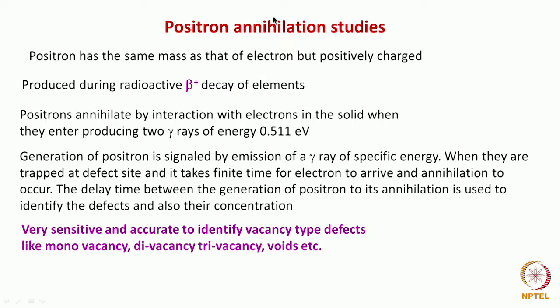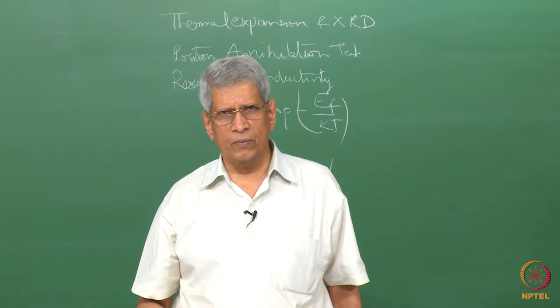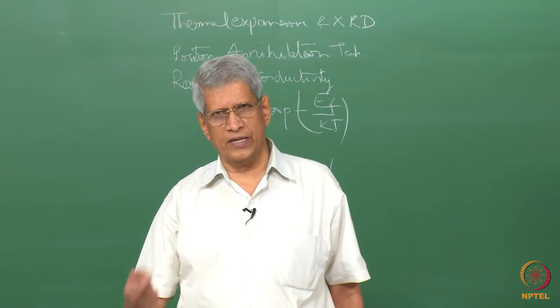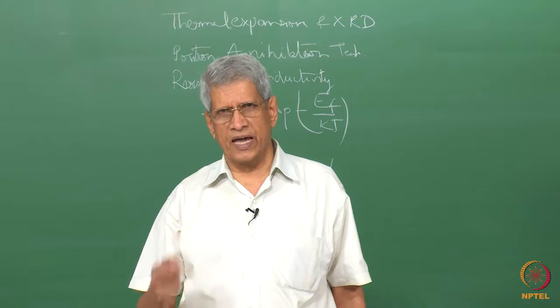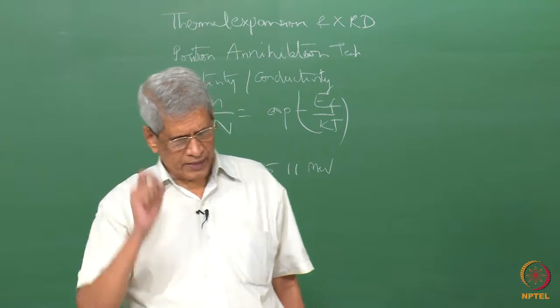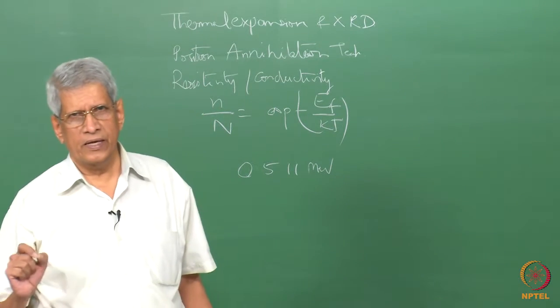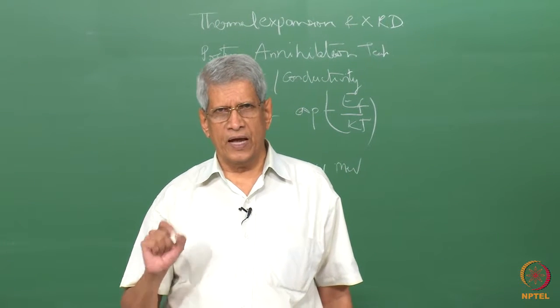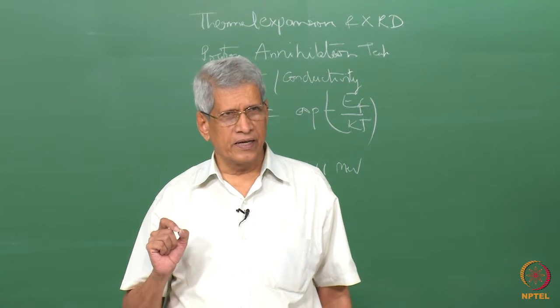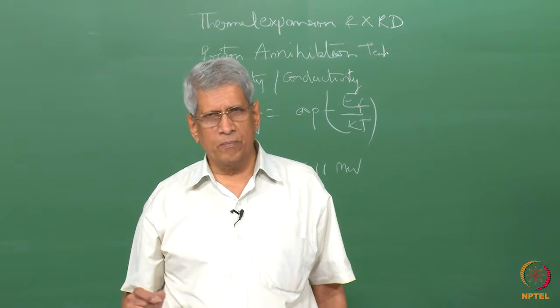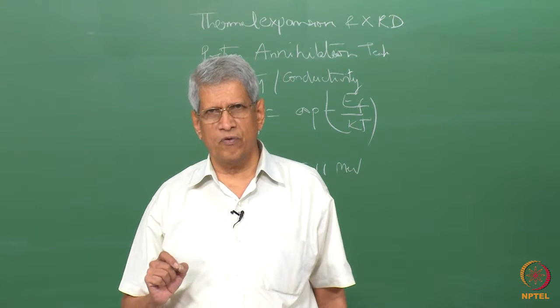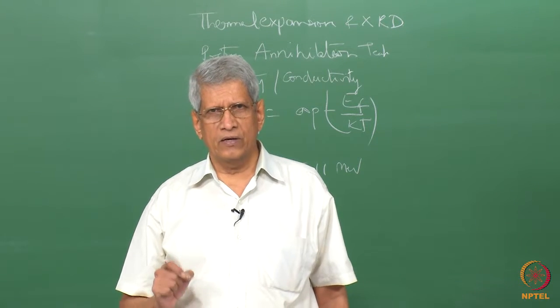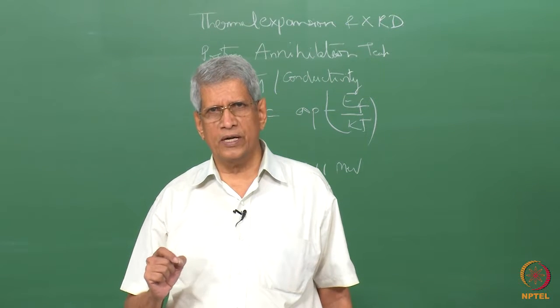That is, suppose the defect is going to be a monovacancy, or a divacancy, or a trivacancy, or a void, or many types of structural defects like dislocations. Each of them will have a characteristic time which it takes for the positron to stay there. Identifying that delay time which it takes for the positron to annihilate,